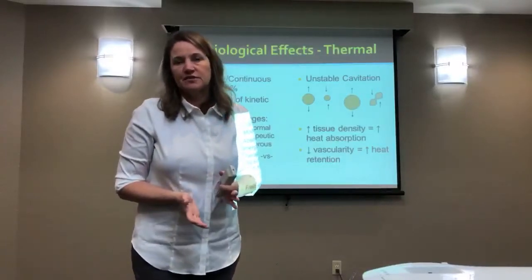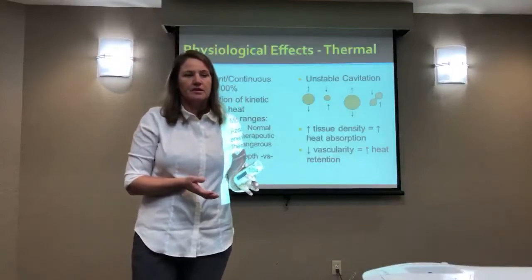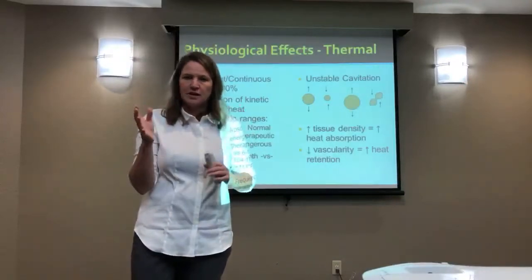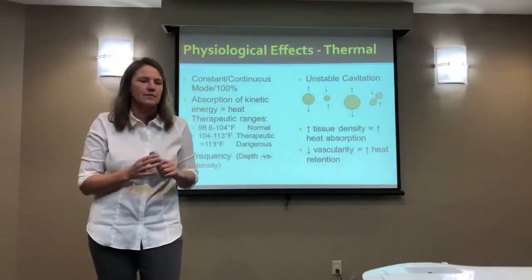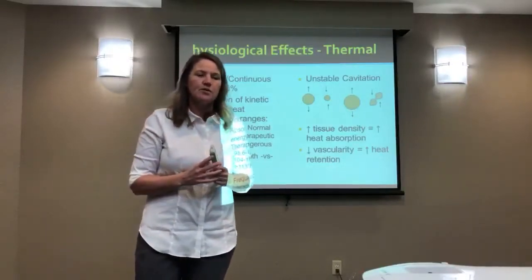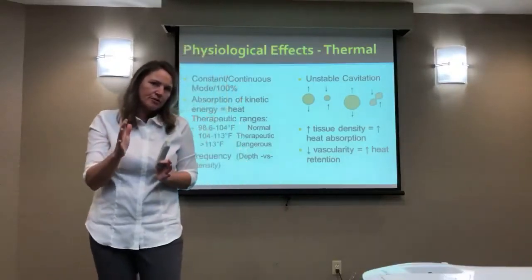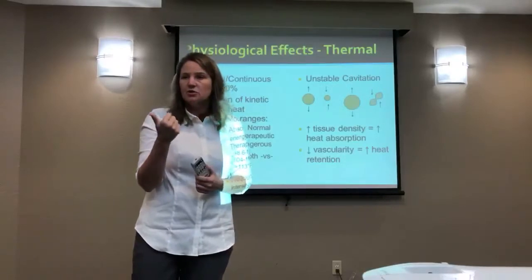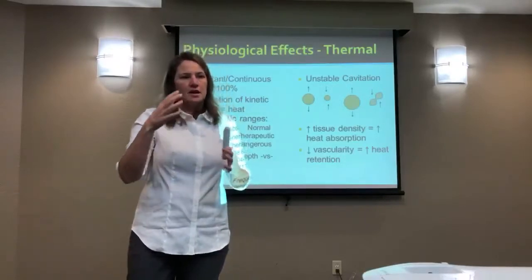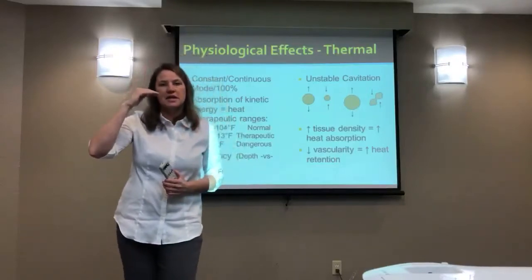The therapeutic ranges, if you look at the benefit of heating tissue: our tissue can be between 98.6 and 104 degrees. I use Fahrenheit just because that's the most common thing we use in the US. But when you get beyond 104, there's a range that's considered therapeutic. So the lower therapeutic range feels good and increases blood flow, and then as the temperature goes up higher and higher, the potential for